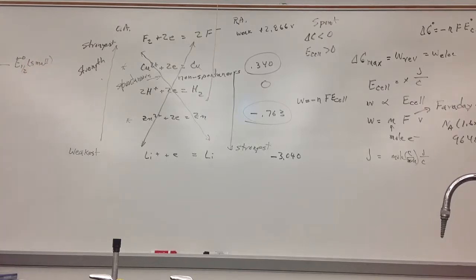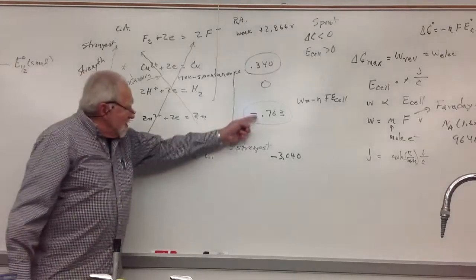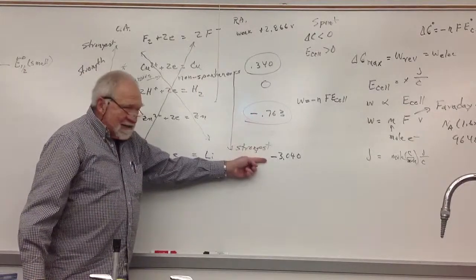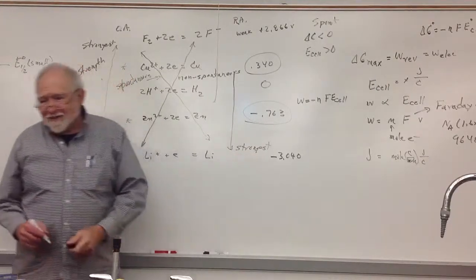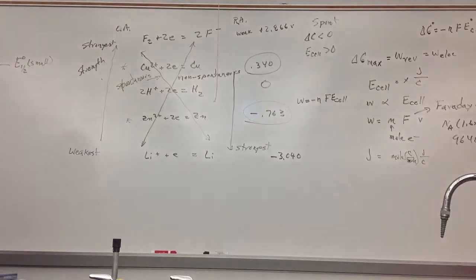You always take a large number minus a small number. Mathematically, it's guaranteed to be what? A positive number. Large number, small number, I take this minus this, I get plus 2 point something. You're always taking the large minus the small. And when you put a minus here,